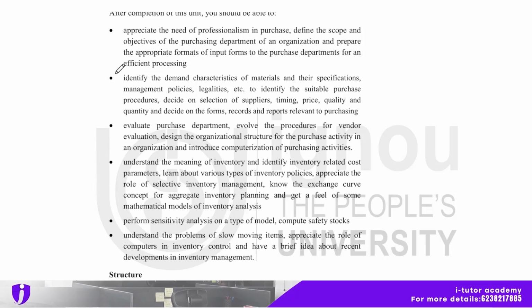So the objectives are to appreciate the need of professionalism in purchase, define the scope and objective of the purchasing department of an organization, and prepare the appropriate format of input forms to the purchase department for efficient processing, identify the demand characteristics of materials and their specification, management policies, legalities, etc., to identify the suitable purchase procedure, deciding on selection of suppliers, timing, price, quality, and quantity, and deciding on the forms, records, and reports relevant to purchasing, and evaluate